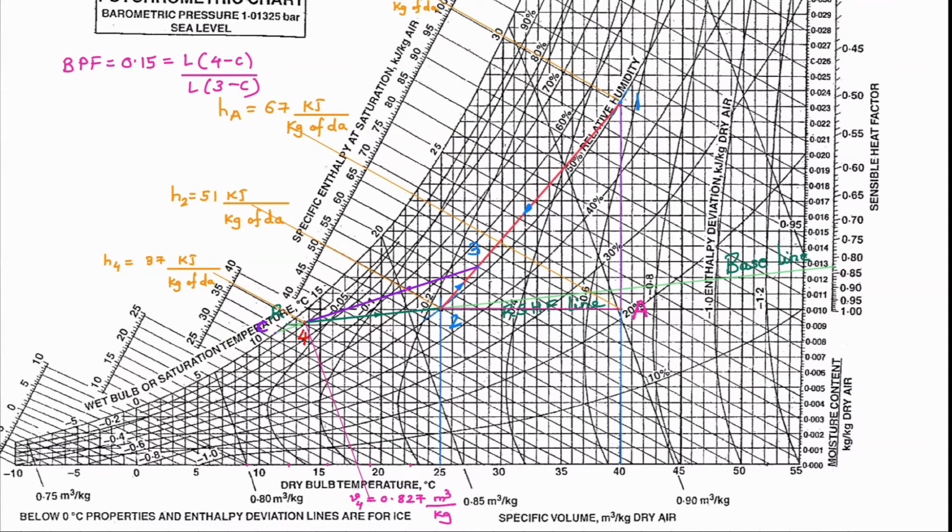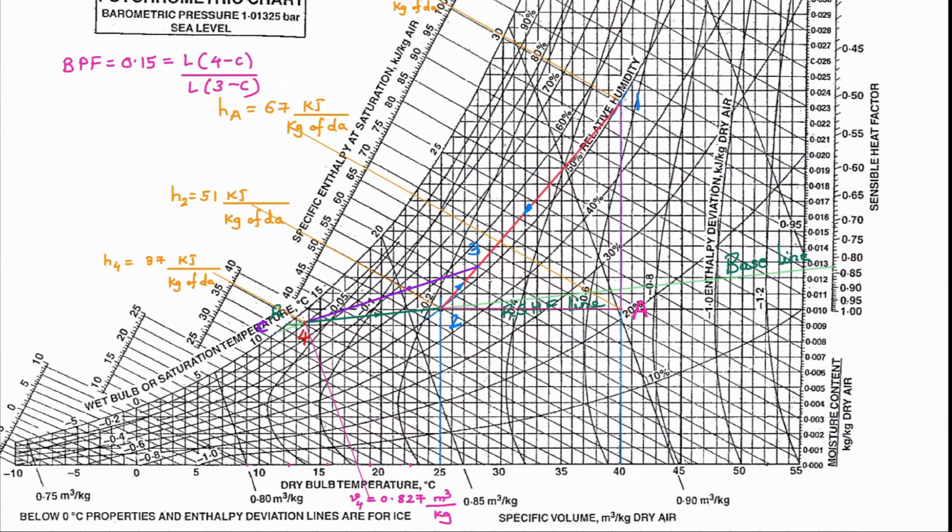Okay, again grand total heat is also asked, so there also we require outside air sensible heat and outside air latent heat. For that, from point 1 I have drawn a vertical in downward direction, and from 2 I have drawn a horizontal line towards right. Wherever they intersect, I have shown point A, and we have to read the enthalpy of point 1, point A and point 2 to calculate outside air sensible heat using HA minus H2 into m dot dA1, and calculate outside air latent heat using m dot dA1 into H1 minus HA.